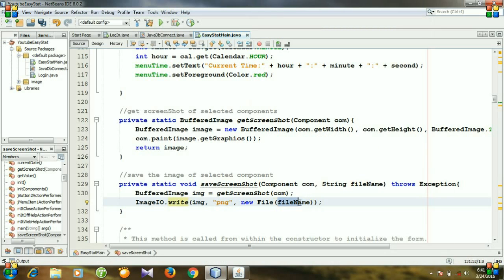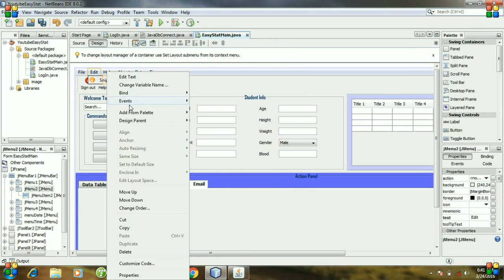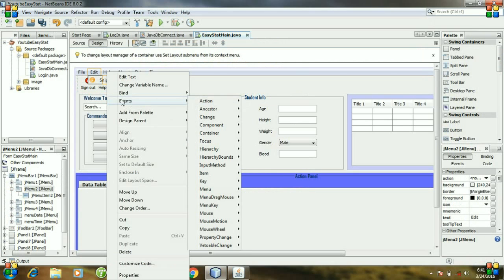So you see, the file name isn't initialized yet because we need to call this method, and this method will be called inside of the action performed of this menu item.